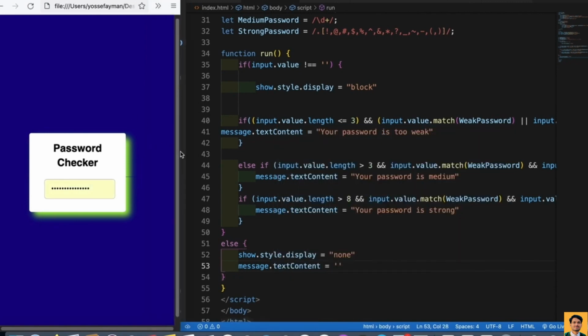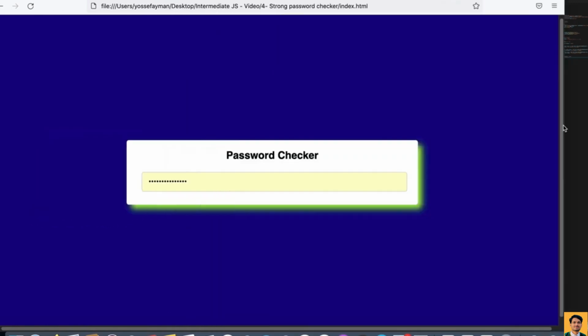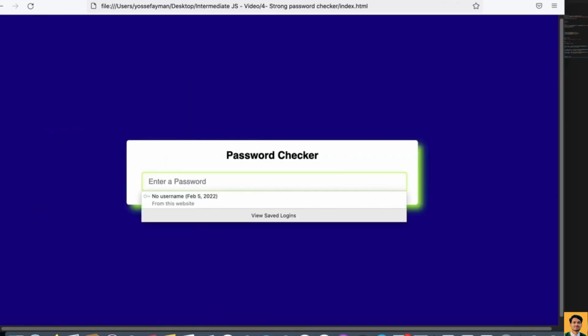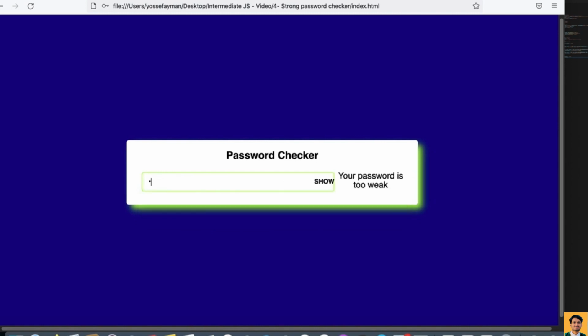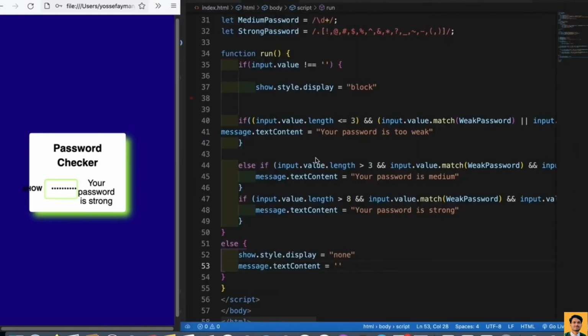So let's see what we got here. Let's try to make the screen larger. It's not responsive. Okay, so here we got nothing. Let's try to type anything. Your password is too weak, and then that's all alphabets. Let's try to type a number. So here we get a medium, and when we type here, your password is strong. Yeah, it's working fine. The last thing that we need to do is to make the show button work, but